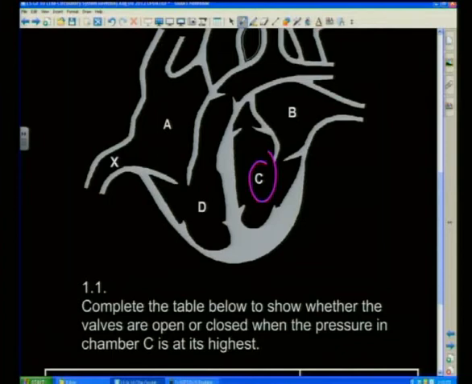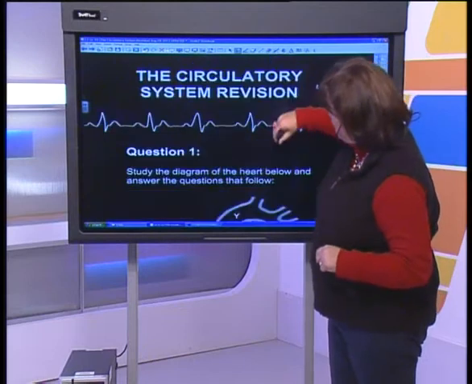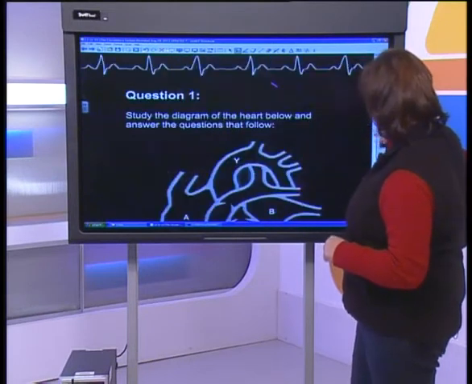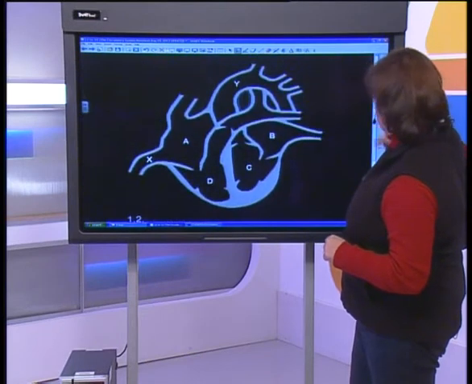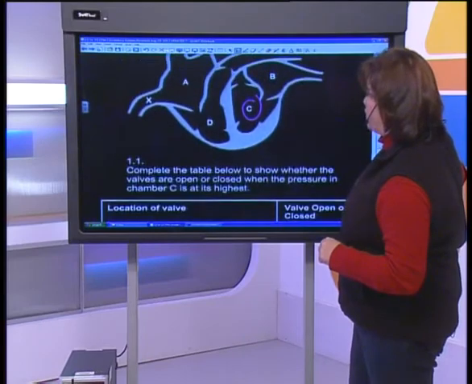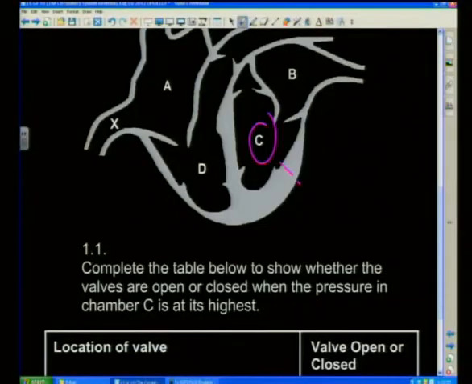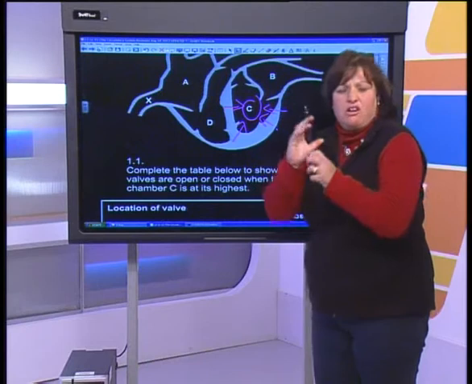It is on the left-hand side, so we know that if it's under pressure, let me just go back there for you quickly. All right, let's go back one. If we are under pressure, what are we having? We have ventricular systole. The walls of the heart, remember the left side is much thicker because it has to pump more, are contracting,